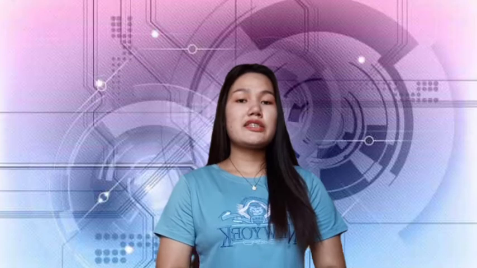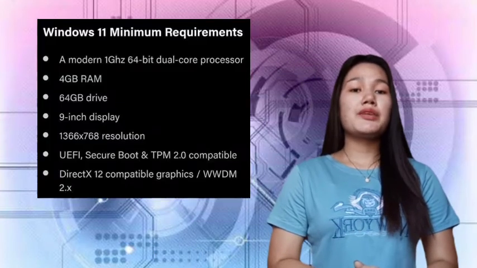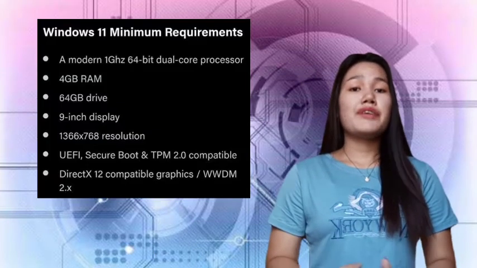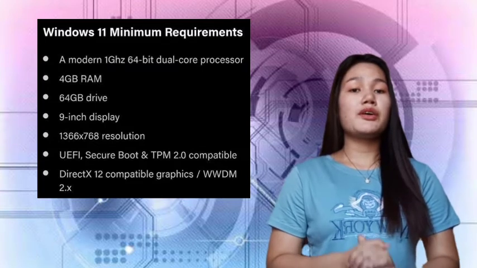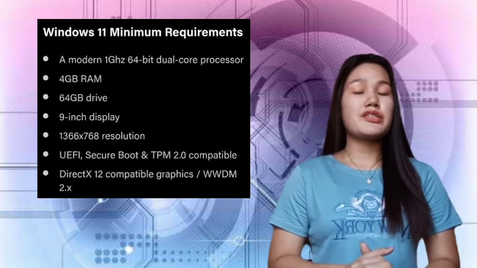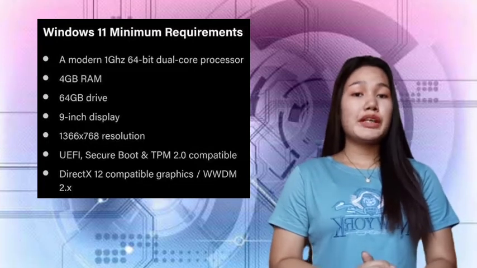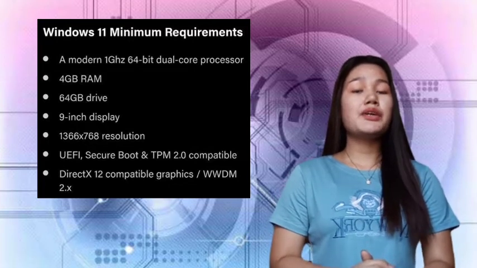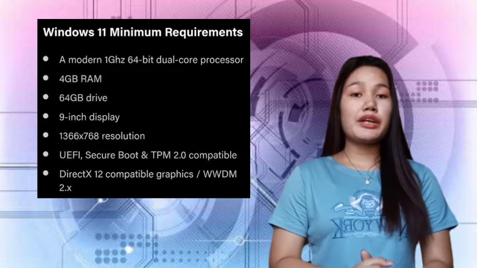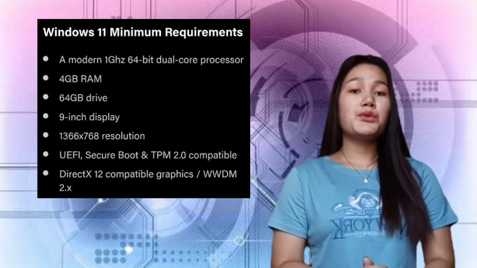The published system requirements for Windows 11 are 1 GHz or faster with 2 or more cores on a compatible 64-bit processor or system on a chip for processor, at least 4 GB for RAM, and at least 64 GB of available storage. TPM version 2.0,